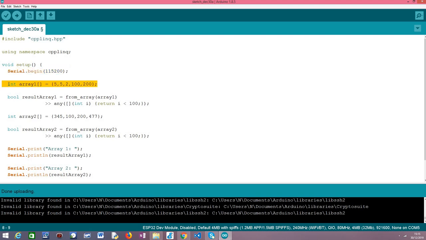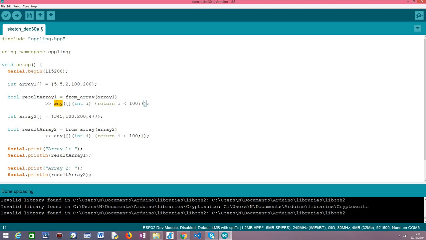So we start by defining an array that has some elements that are lesser than 100. Take in consideration that we want lesser, not lesser or equal, so 100 no longer counts. But basically we have here at least three elements that fill our criteria. So after we define our array, we are going to start applying the cpplinq operator, but first, as usual, we need to convert it to a range object with the from array function,